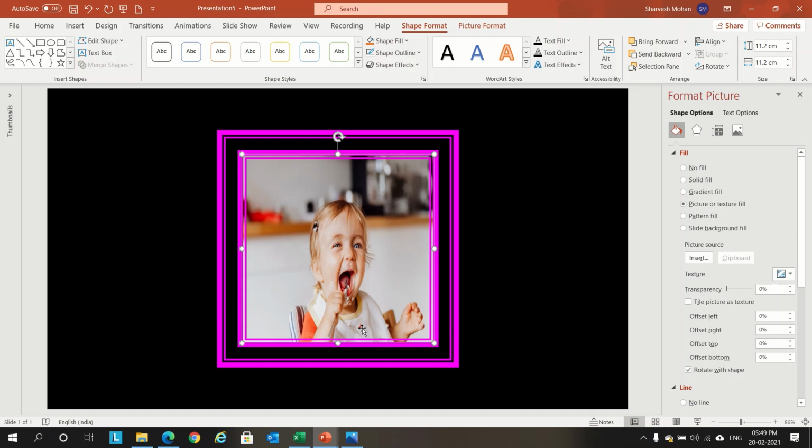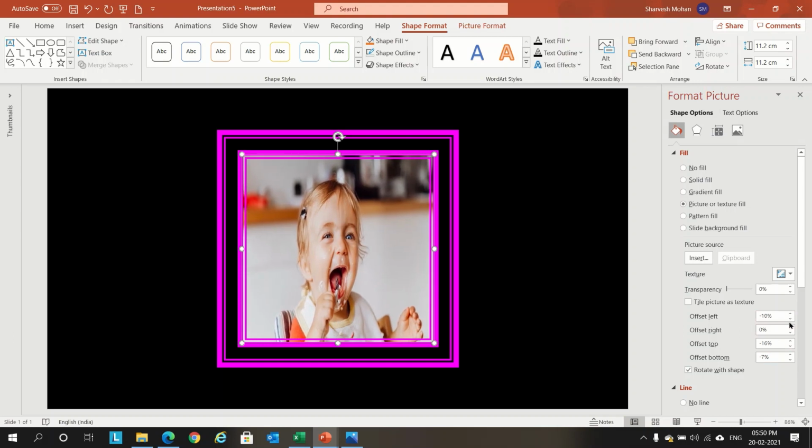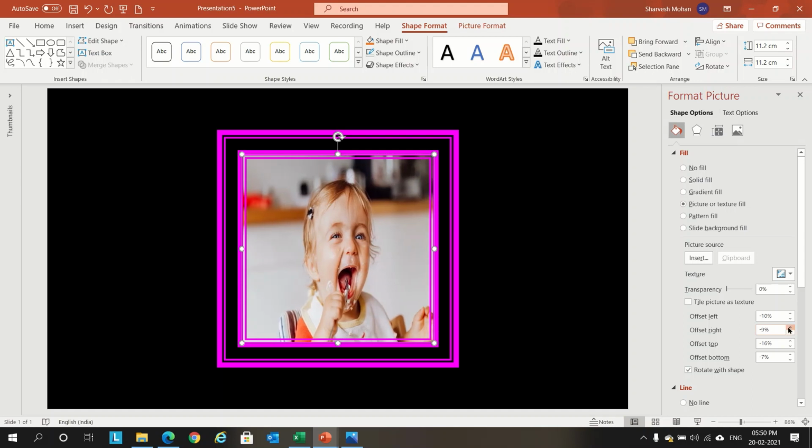If you want to adjust the frame, you just go to this option, tile left right. If I wanted to bring it up, you can just click it up. And if you wanted to go down, or stretch to left and stretch to right. So this way we are able to create one photo frame.